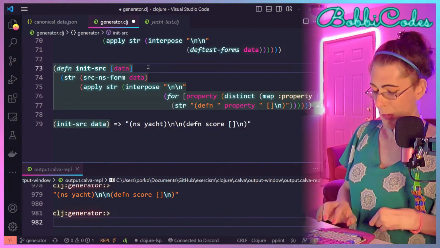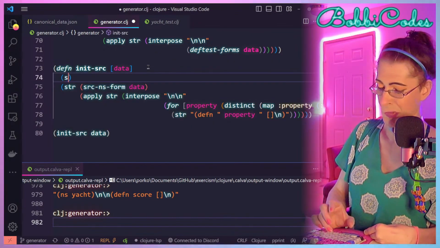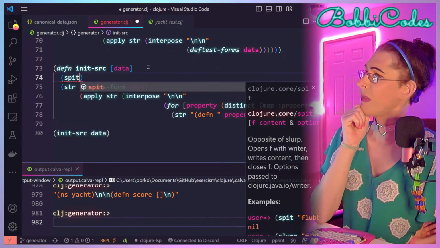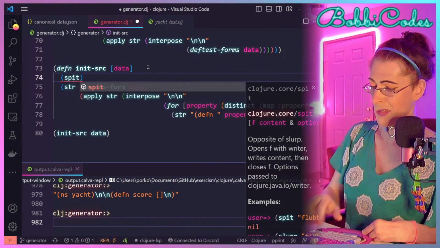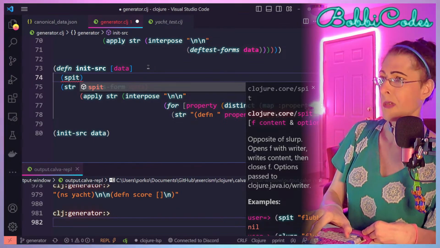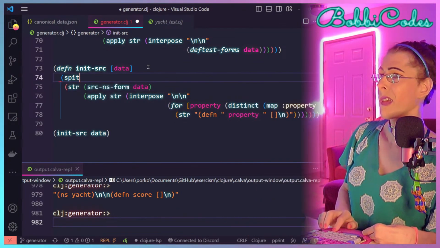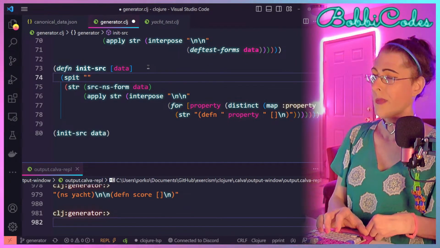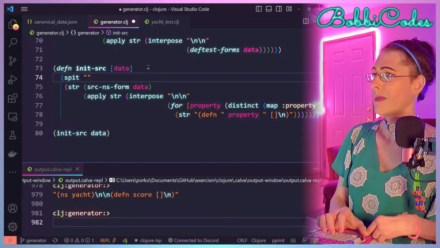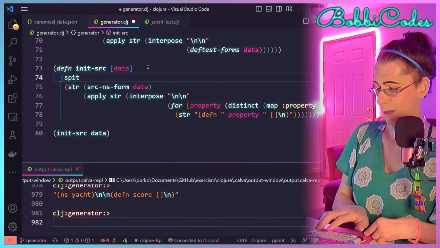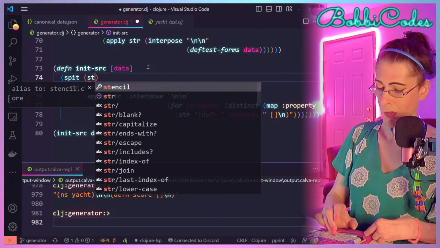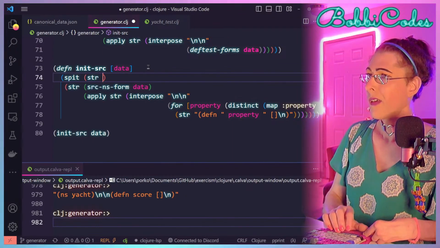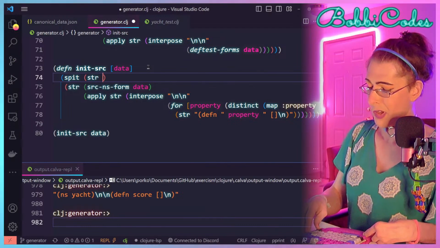So then what we would do is spit that. Do we want to use spit? Yeah, because the directories are already made. So we just need to str and the file name.